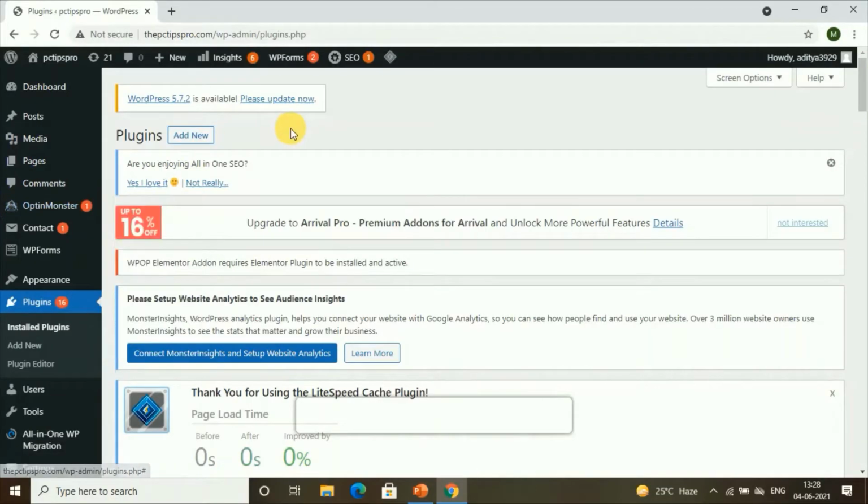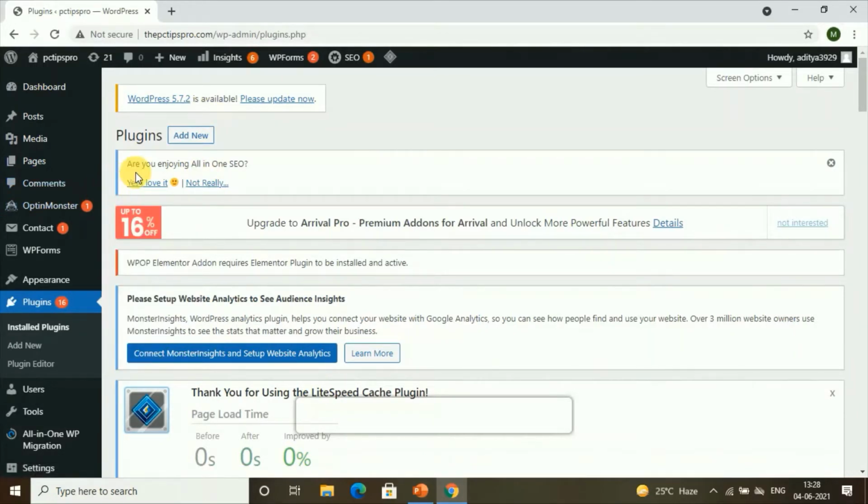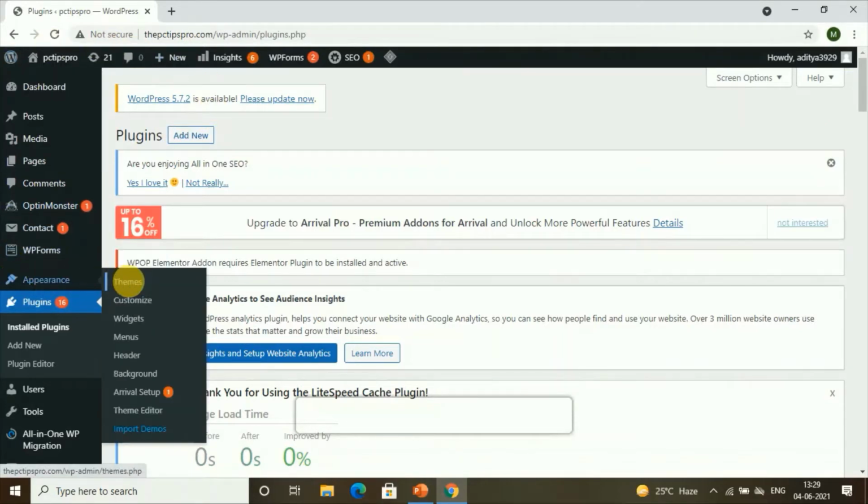So this is my WordPress dashboard. Your first step in order to create your landing page is, firstly you need to log into your WordPress site and go to your WordPress dashboard. Now firstly we need to install a theme. In order to install a theme, we'll go to appearances and click on themes,